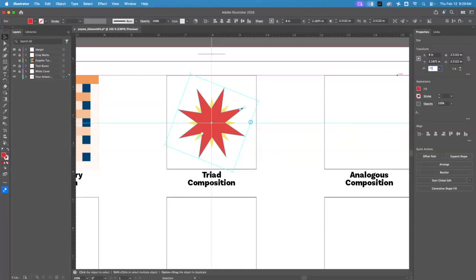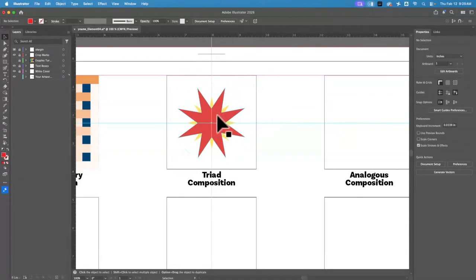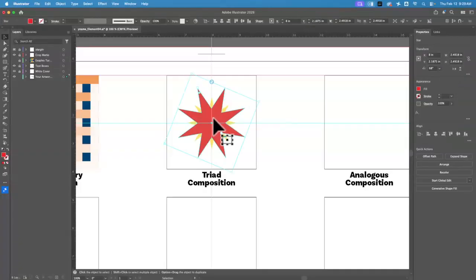What if I just type in 70? Looks okay. It needs to be nudged. No, 70 is not 100% correct. 68. This is all part of that design. Oh, that's perfect. 68 was the winner. And then I'm gonna